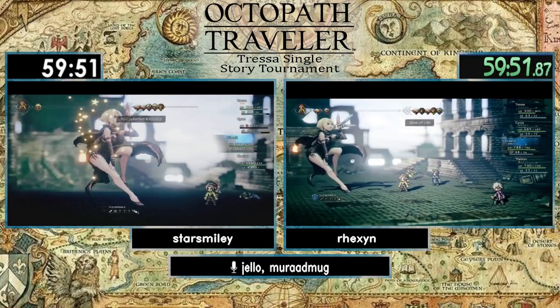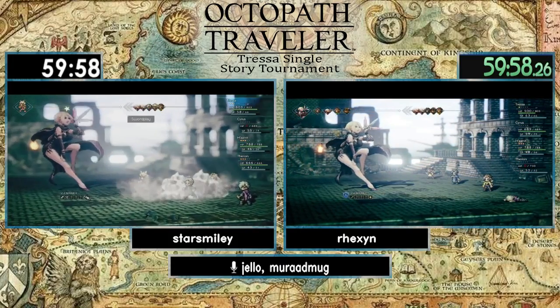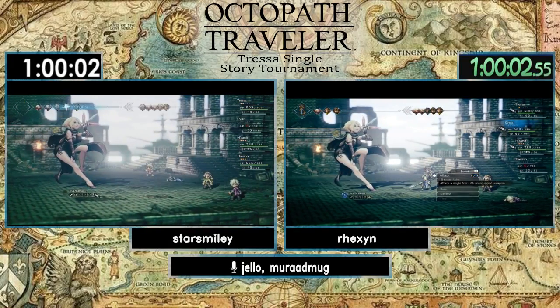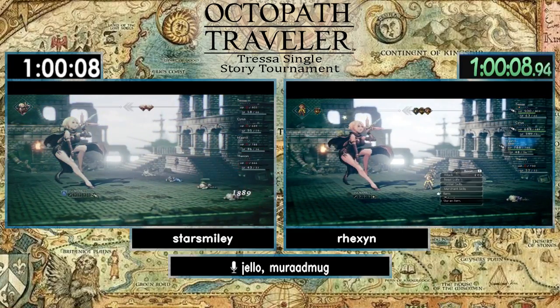Yeah, that was risky from Star. She could have just max collected because this is where Esme dies right here. Oh, and Star forgets to boost the vets, so Esme's gonna kill her now. Yep. Oh no. And Rex needs a...